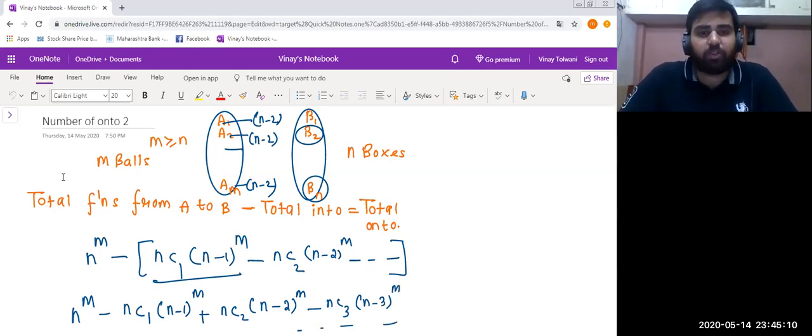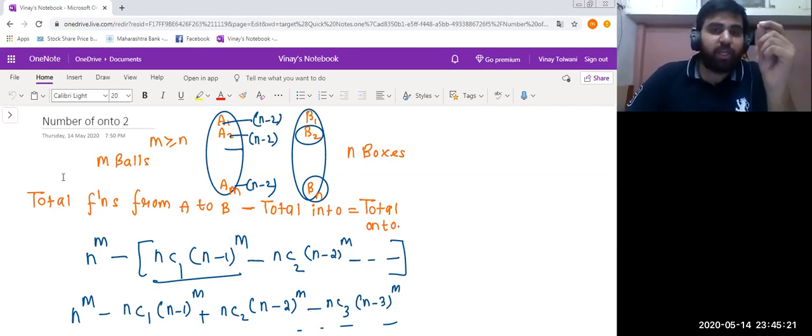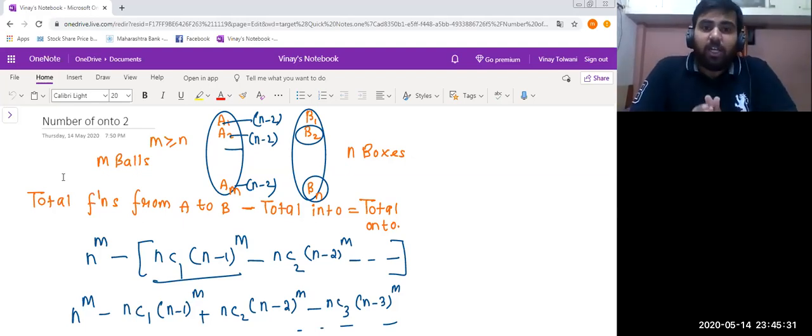It will be continued, okay? So alternate positive and negative signs will be there, just like we have seen in the inclusion and exclusion principle. In this way, we can find the total number of onto functions by doing this interesting activity of boxes and balls.